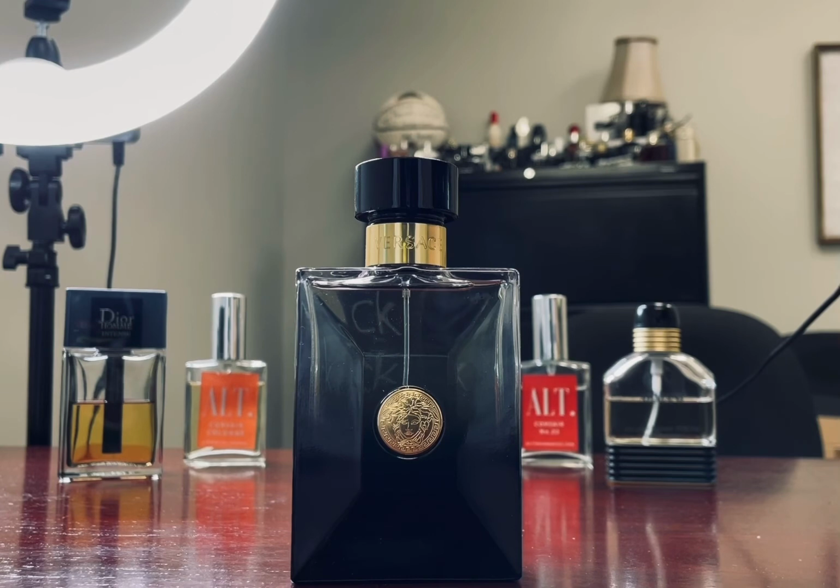So at first sniff, not my favorite scent, but I found that a lot of times I'll get a fragrance, I'll smell it, and not love it at first, because in my brain I already have this preconceived idea of all these different things I was going to be smelling, and when it doesn't line up with your preconceived idea, I put it away, I come back to it six months, a year later, and then all of a sudden I either love it or maybe I still hate it. We'll see. But Versace Oud Noir,